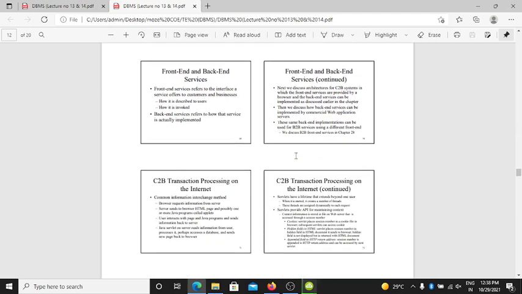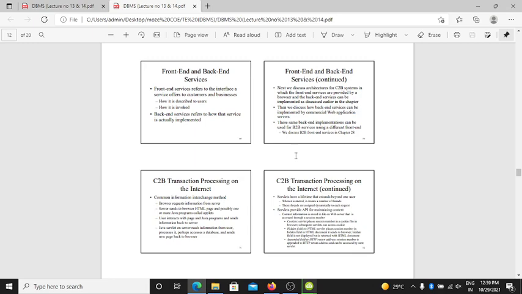Programs on one business website communicate with programs on another business website. Front-end and back-end services. Front-end service refers to the interface a service offers to customers and businesses, how it is described to users, how it is invoked. Back-end service refers to how that service is implemented.